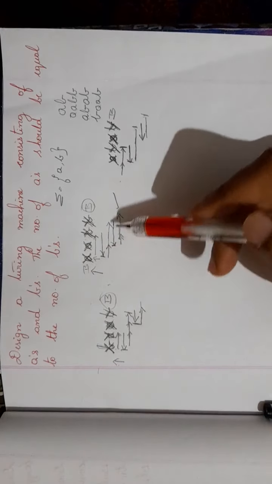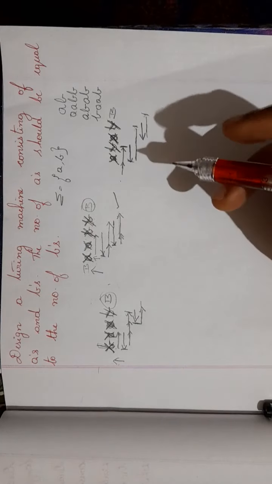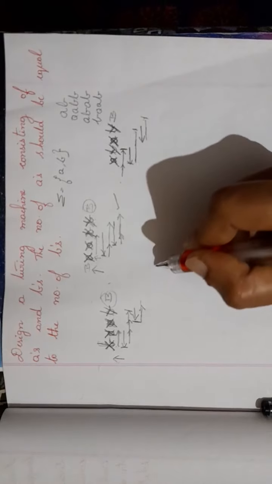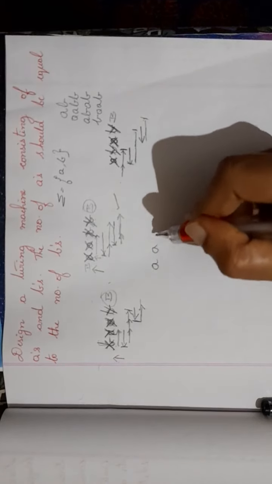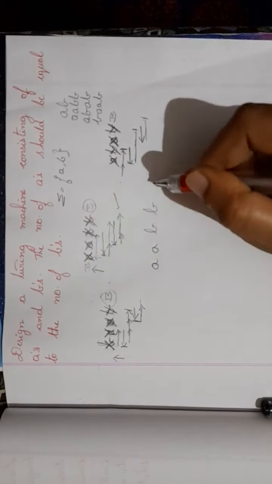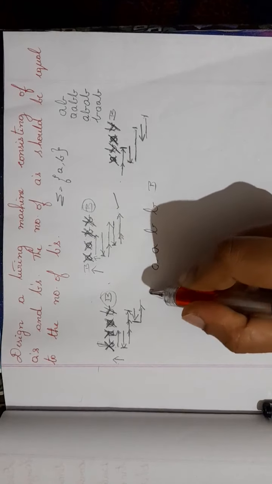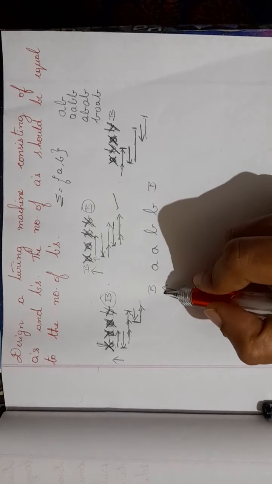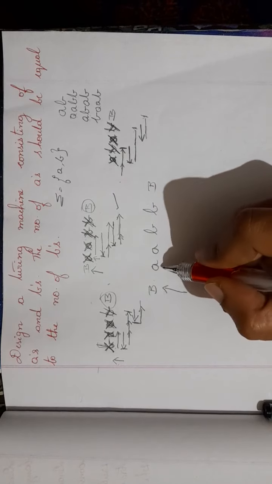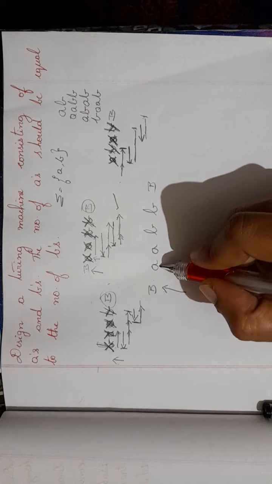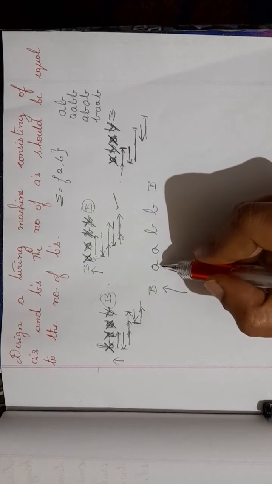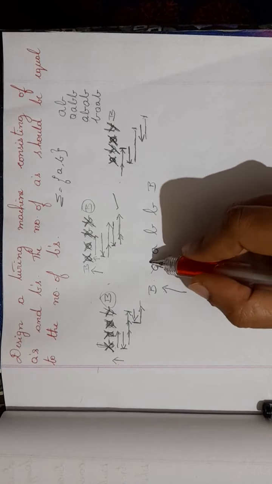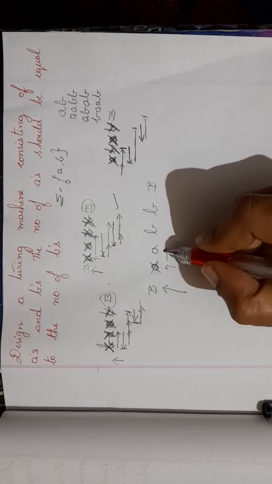So using this logic, we shall design a Turing machine now. I have taken A, A, B, B, and you'll be having blank here. So this is the first example that I had considered. So start, the first character here is A. When you find A, what you should do? Change A to X, keep moving right.